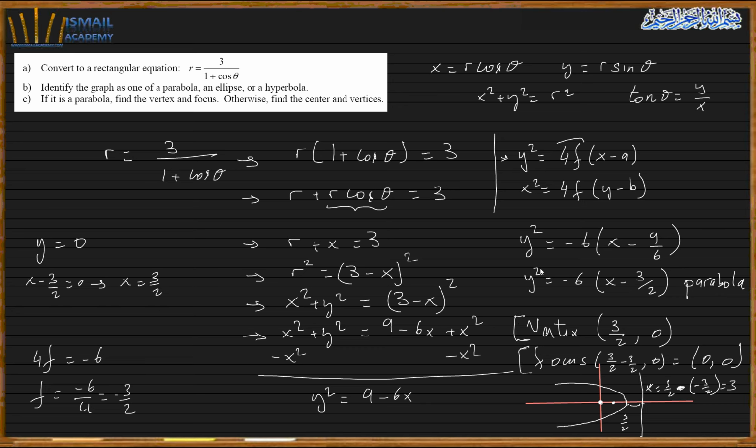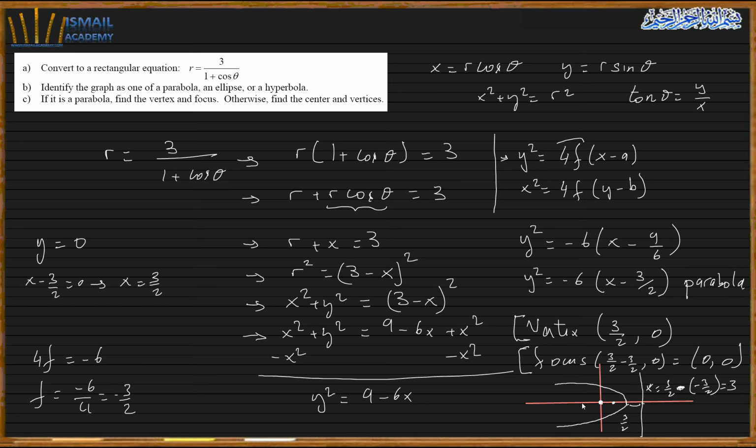So for the vertex, we just make the y equals 0 and make the x equals 0. If I have y minus 2, it's going to be y minus 2 equals 0. So you solve for y, you make x equals 0, you solve for x. Then to find out the focus, you need to find out the value of f. Just keep in mind, 4f will be equal to that expression or that number here. Then what you do here, you add the value of f to the